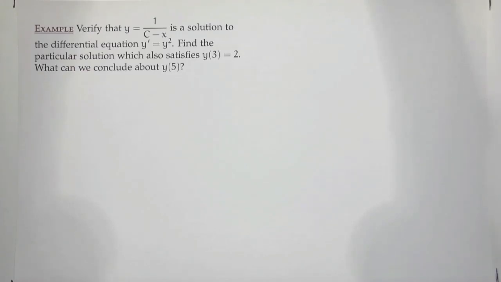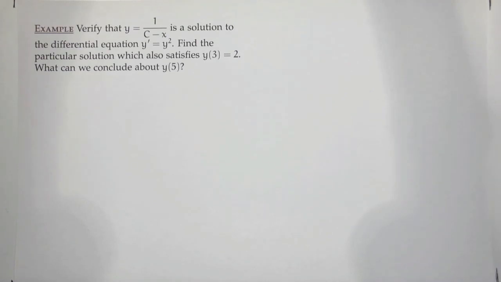I want to pick up where we stopped last time with a couple of examples, just to give some context to why we talked about these things. And these will be pretty quick. No big surprises, I think. Verify that y equals 1 over c minus x is the solution to the differential equation y prime equals y